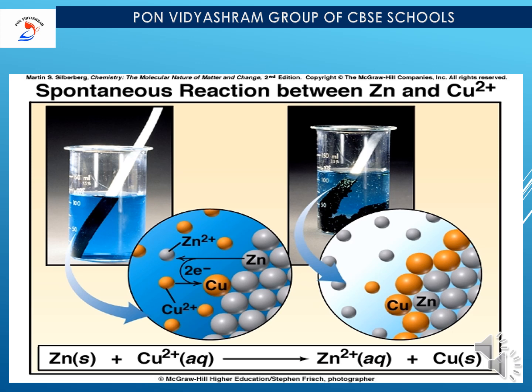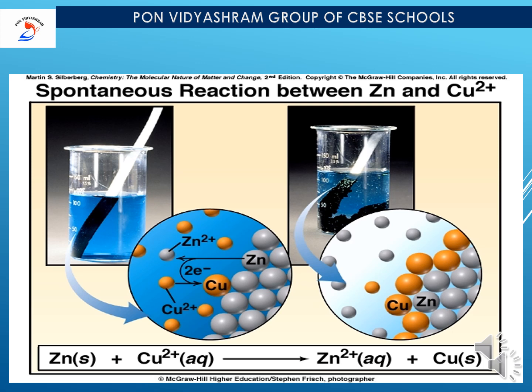Now what is happening next? Cu2+ in the electrolytic solution absorbs those electrons released from zinc, so it will be converted into Cu. After converting into neutral Cu, it starts to settle down very close to the zinc electrode. Why? The zinc electrode is having positive charge, so it will be settled down very close to the zinc electrode.